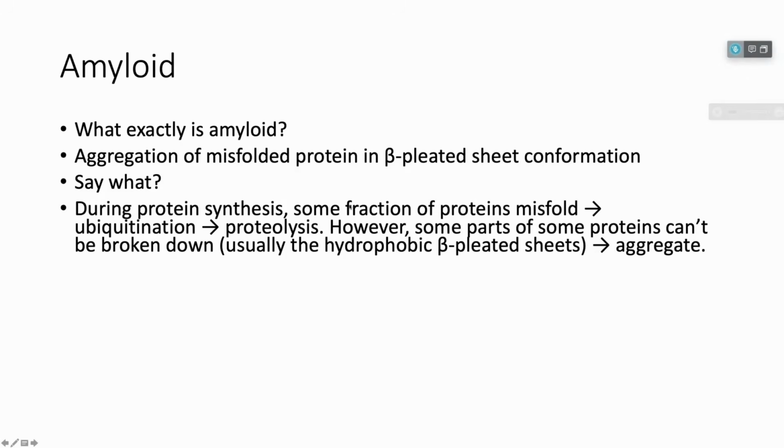Yeah. So the way that I understand this is that during protein synthesis, right, there's always some fraction of proteins that are misfolded. That's just a natural thing. Our body takes advantage of this by using MHC1, right? So the proteins that come from the proteasome are loaded into MHC1, if you'll recall from immunology. And because some fraction of all the proteins that you make are going to be misfolded and need to be ubiquitinated and broken down, right? So those fragments are loaded to MHC1, and